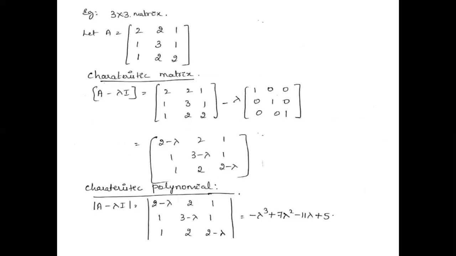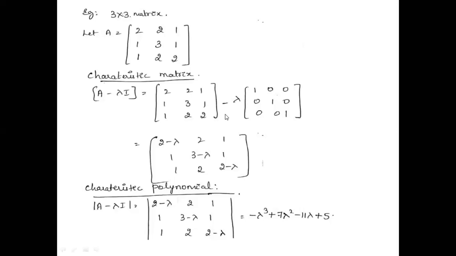You take the matrix A, which is given to us, minus lambda. I'll keep the lambda out. And I is nothing but an identity matrix of order n. Now the question could be, what should be the order of this I? Obviously the order of I should be the same as the matrix which is given to us. It's a 3 cross 3 matrix, therefore I here will also be a 3 cross 3 matrix. An identity matrix is nothing but a matrix which will have ones on its diagonal and 0 in all other components. Right?